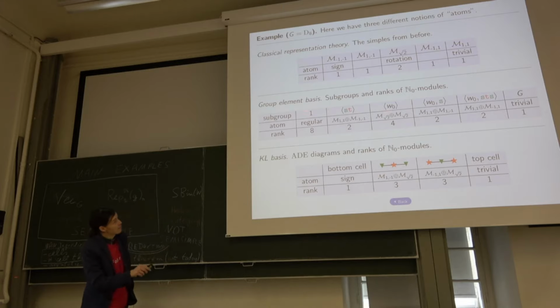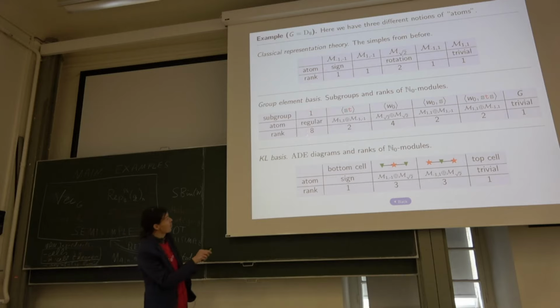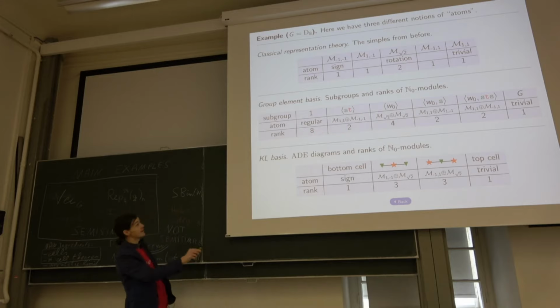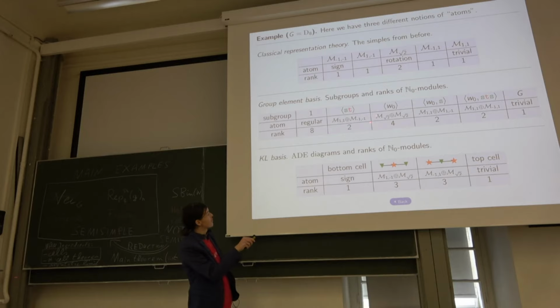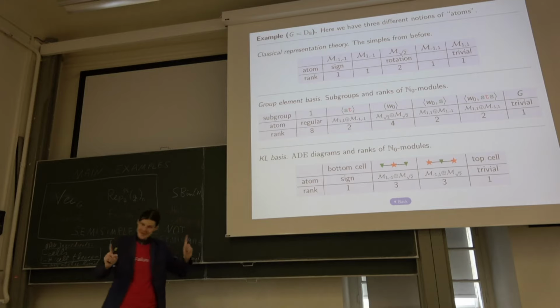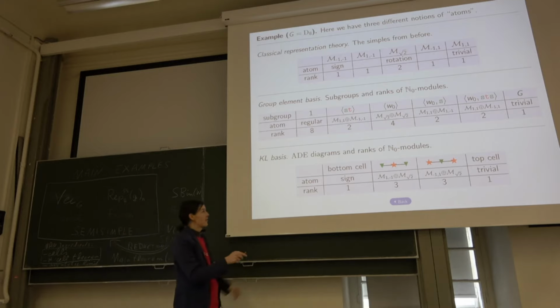It's a bit too hard to do it live, so I cheated and I already did it. So those are the subgroups up to conjugacy of the dihedral group. Those are the associated ranks of the transitive modules. As you can see, it gets completely different. And I've just written down, for instance, this one is of dimension 4, and if you would decompose it over the complex numbers, you would see this decomposition.